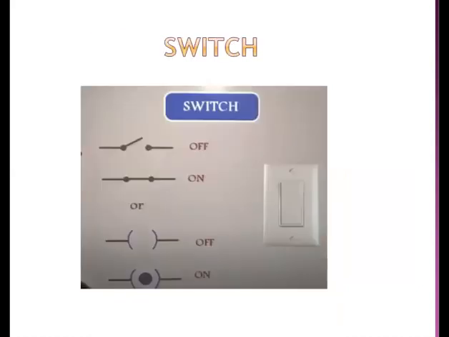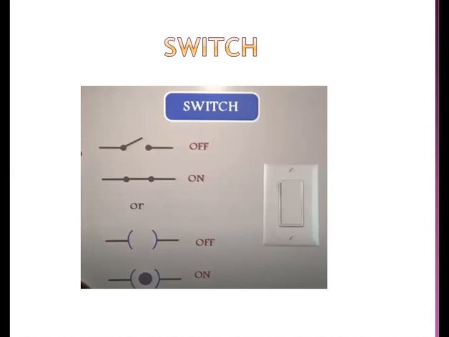Likewise, even a switch can be depicted by a symbol. As we saw, this is the picture of a switch that is normally used in a circuit. A switch can be depicted by either of these two symbols. Now we can use these two symbols: no contact between the parts, and contact between the parts. No contact means it is off, and when the two terminals of the switch are connected, it becomes a direct contact. The switch is on and it will enable the current to flow, that is, the circuit gets completed.